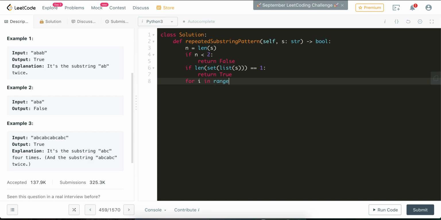So for i in range, the range would be starting from 2 to n by 2 plus 1, because Python takes the range up till before that last value. It will be n by 2 plus 1, because after the middle element, like for 12 we don't need to check beyond 6. We don't need to check 7, 8, 9, 10, 11, 12, because it's pointless. They won't divide it uniformly, they would always leave a remainder, right? And we're going to check if these don't leave any remainder. So if length mod i is equal to 0, we need to check